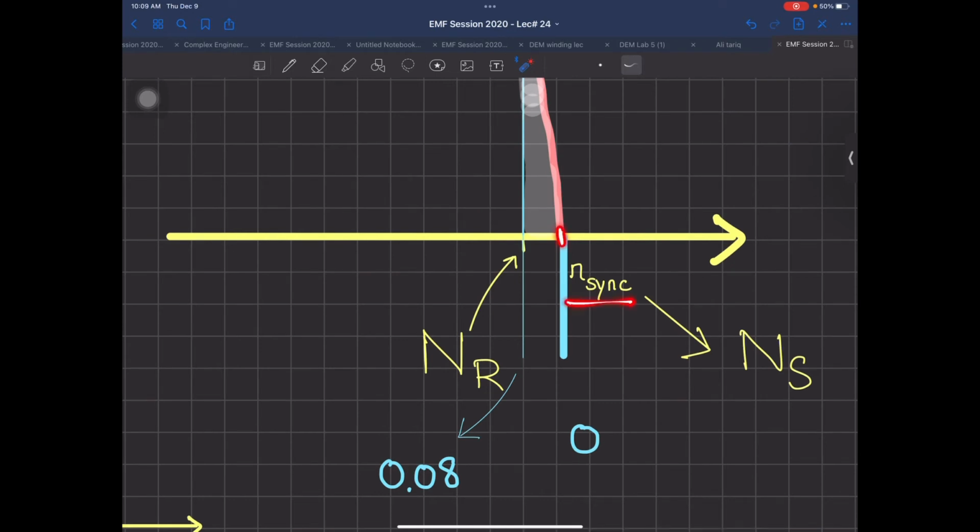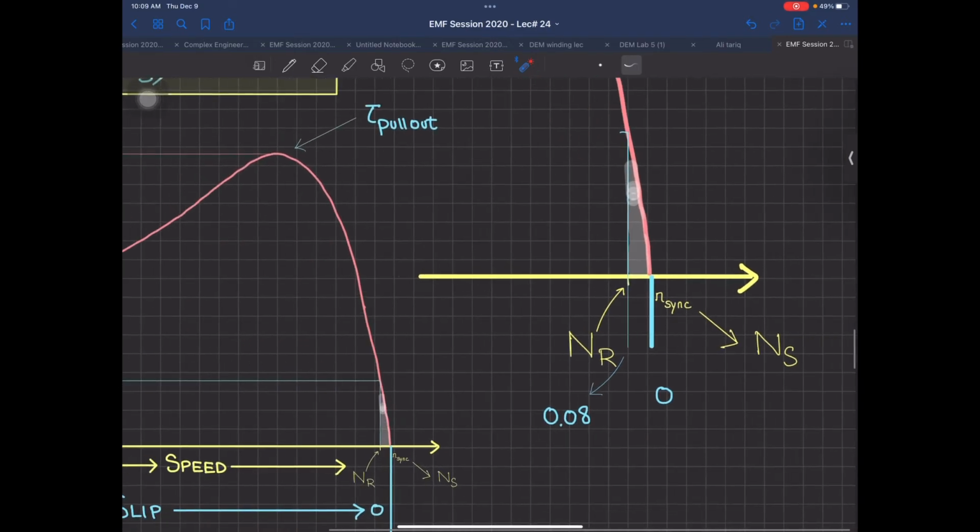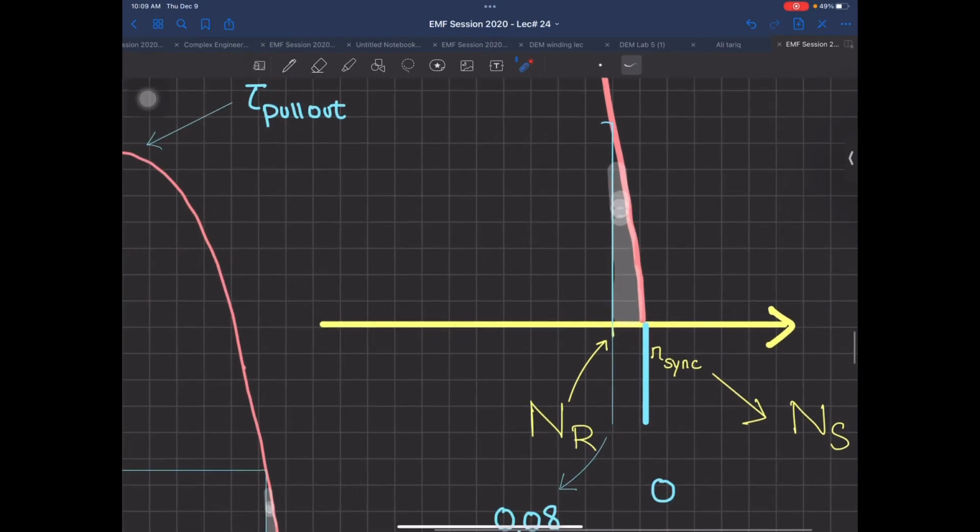And certainly this is NS, or N synchronous, because the machine starts from here. But as soon as it starts running, it will be somewhere close to NS. As I have told you, there will be a lagging. The rotor is trying to catch up with the revolving field, but it can't. The relative velocity will come in. And then it will go up till this point. So this region over here is the workable region.